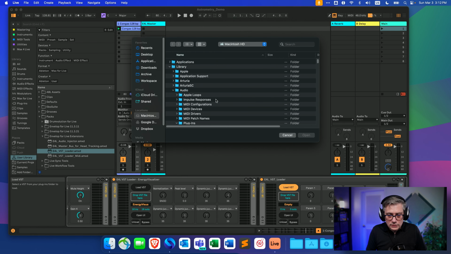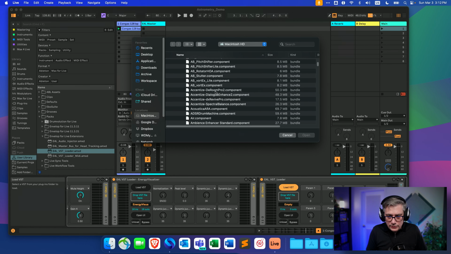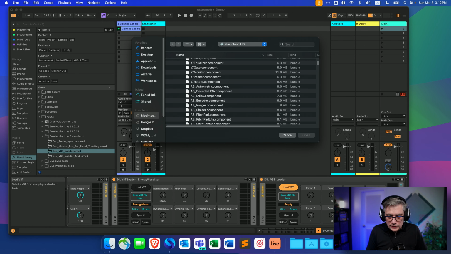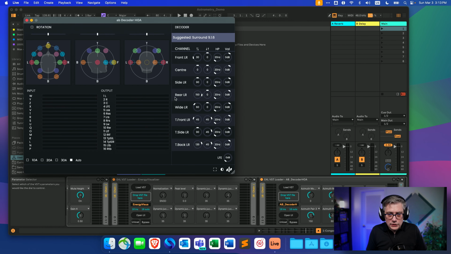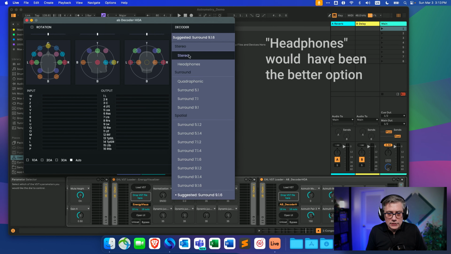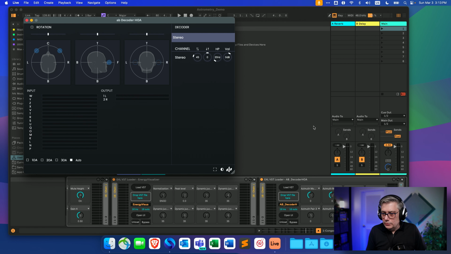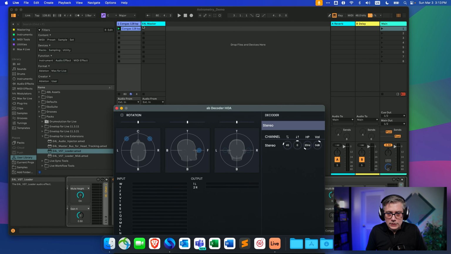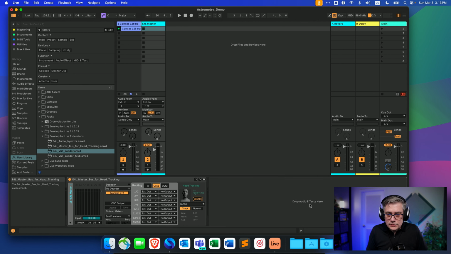So let's go to the components, and in the components, where are we? Here we are, the decoder. We're going to open that up. So that opens up the Audio Brewers decoder. Now we need to tell it that we actually want to decode back to stereo. So you can select it here and set that back to stereo, and that will decode it back to stereo. And then the final thing we need to do is once again switch the decoder in the master bus device back to no decoder, because otherwise we're decoding twice, and this is not what we want. So, if we play the audio now,